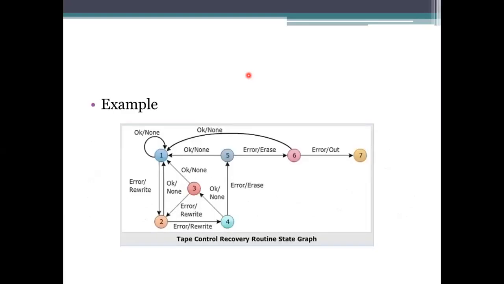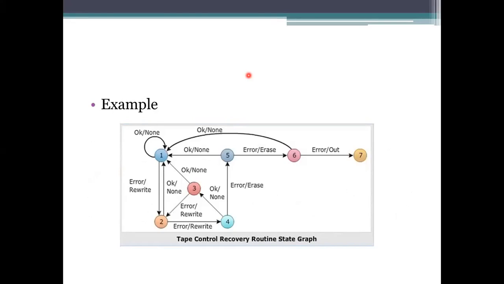Not only for this example, we can have the state graph for each and every process or each and every state here. So what do we do here? In this one, we need to test the state. State testing means whether it is reaching or not. To reach that one, we have some transitions. Whether these transitions are executing or not, we need to see.